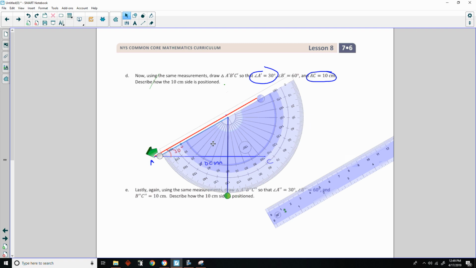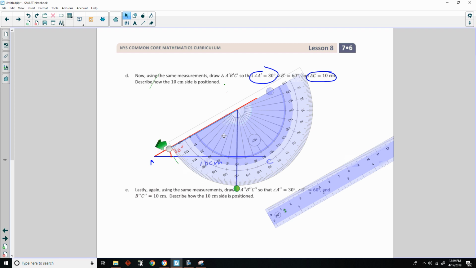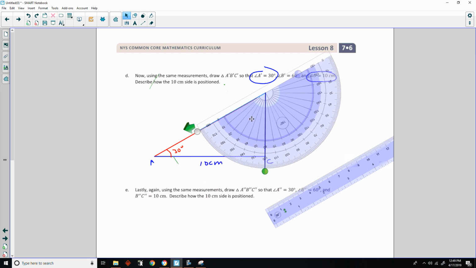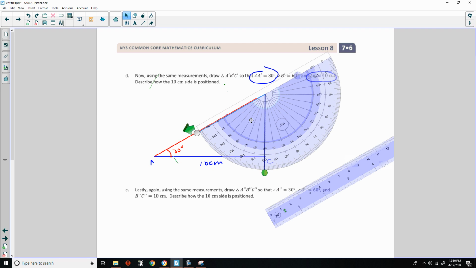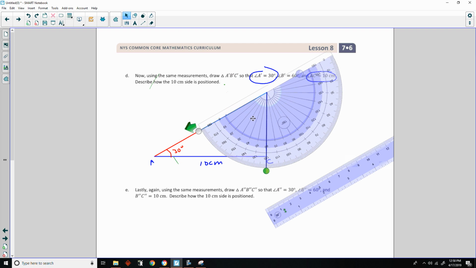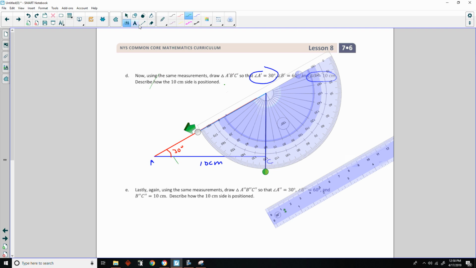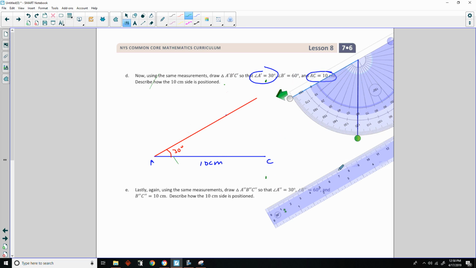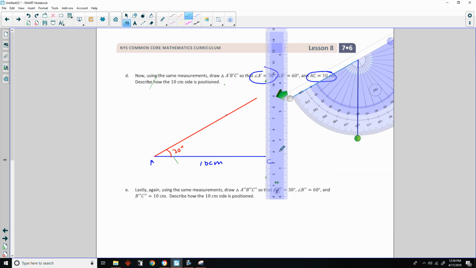So if I move my protractor now, I would have to slide it up so that I find where it would reach that 10 centimeter side, AC. So I put my protractor on and then I slide it over and now I can see it's got to go all the way out to here. So now I know my vertex is up here at this point. So I'll just draw a mark right here and a mark right here. Move my protractor and take my ruler